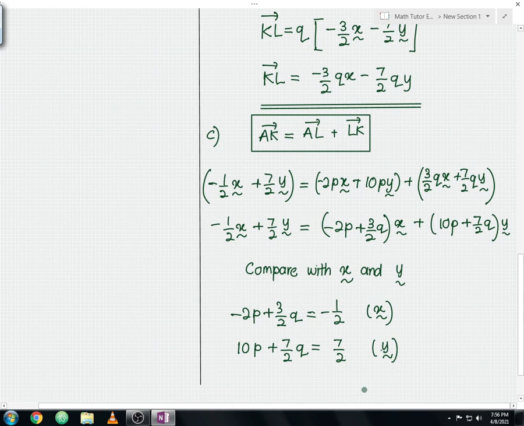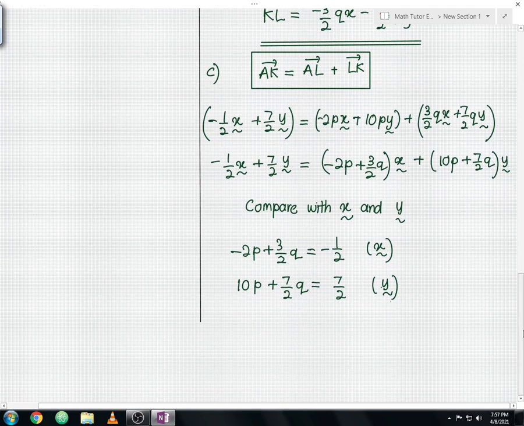Okay, by this time you should be able to guess, guys. Okay, we are going to solve a simultaneous equation. As you can see here, we have two variables and two equations. So from here what we're going to do is we're going to eliminate either variable p or variable q over here. It is preferable to eliminate the variable p, okay, as it is much easier as compared to the variable q. Okay, so how to eliminate the variable p? So we're going to times with 5, okay, for the x component.